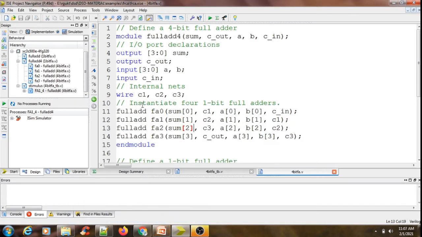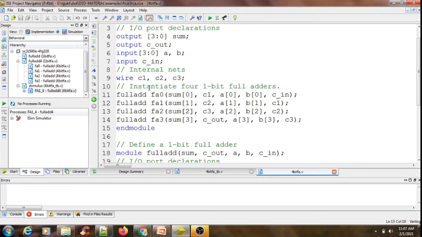So here I am calling 4 copies of full adder in my full add 4 module, but the full add definition has to be provided somewhere else. So let me provide a definition for my full add here itself.